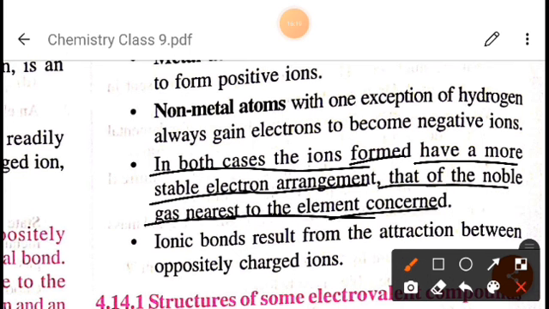Now, what is an ionic bond? It results from the attraction between oppositely charged ions, as we have seen. Here the structures of some electrovalent or ionic compounds are given. We have discussed sodium chloride, so we will not see this; we will go to